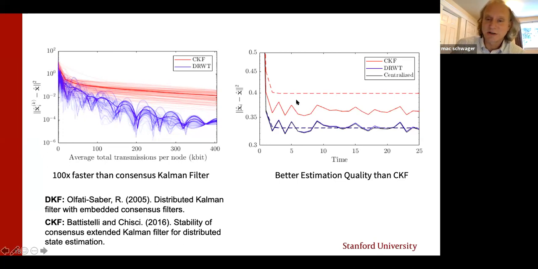Whereas the consensus Kalman filter is not doing very well. That's this choppy line, the empirical mean squared error. And it thinks it's doing even worse than it is. That's the dotted line. So it's not very well calibrated on its own confidence. It's quite underconfident, but even so, it's not doing that well. So this is just a case for this filter compared to the state of the art.